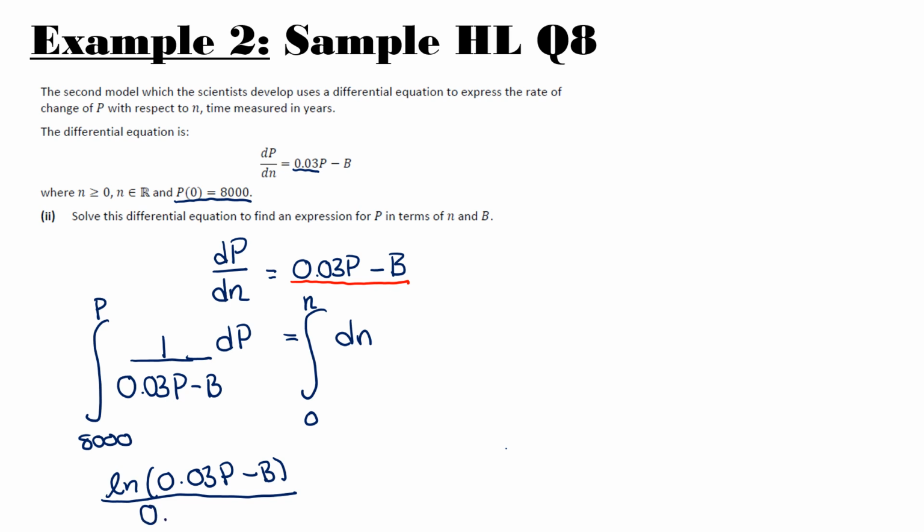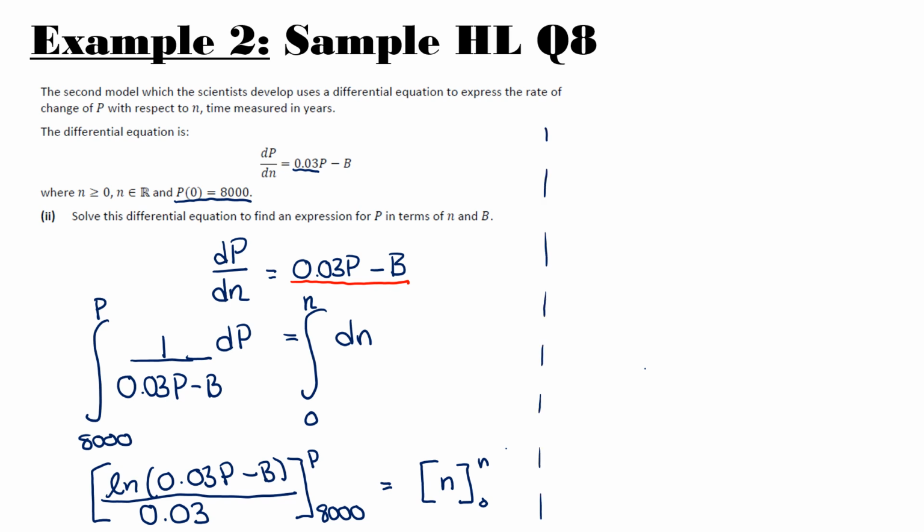So when we differentiate that, we get 0.03. The p disappears, that's a coefficient of p, so think of it as differentiating the inner function, and minus b is a constant, so that disappears. We're going to evaluate that between p and 8,000. On the right hand side, dn integrates to simply n, and we're going to deal with that between 0 and n. So this gives us ln